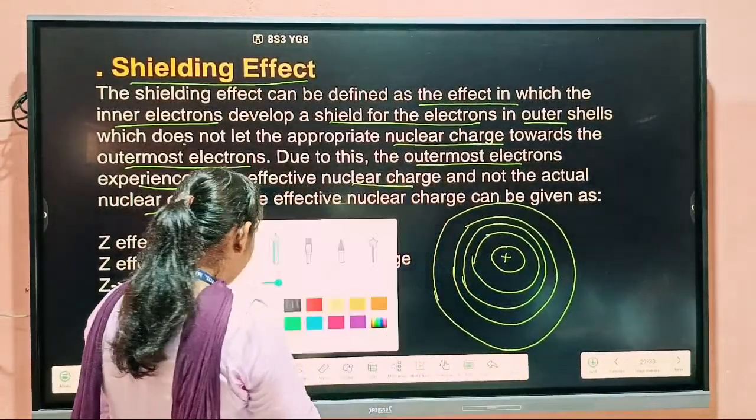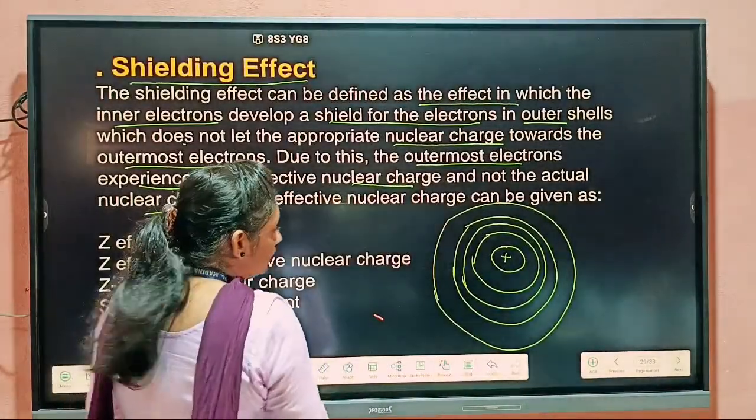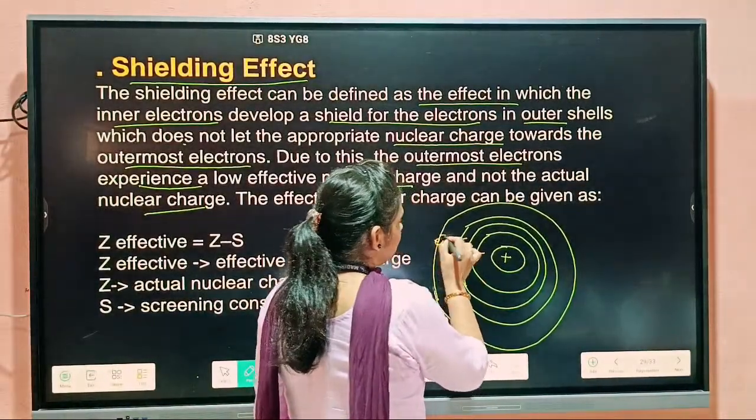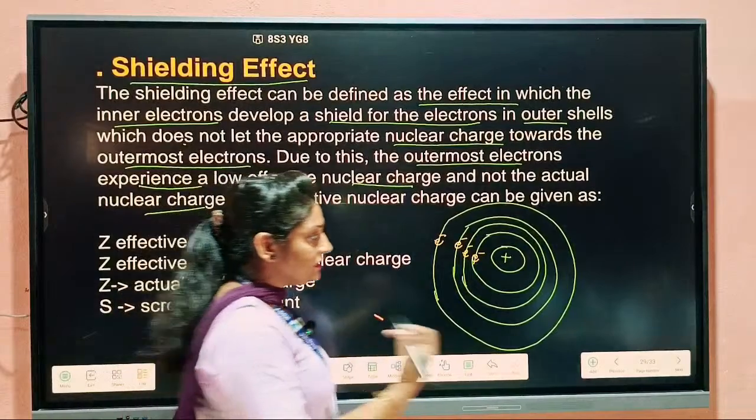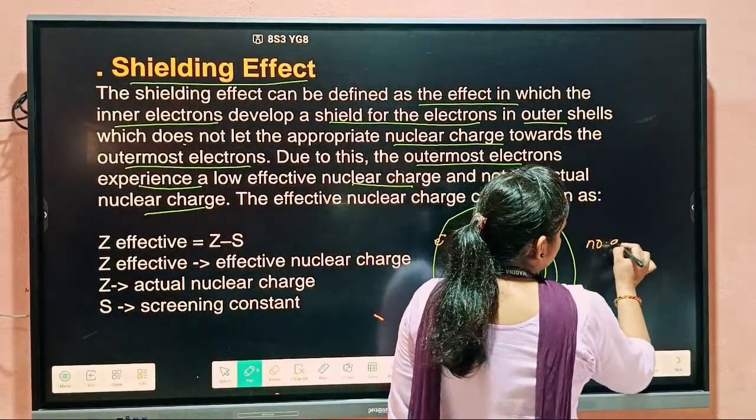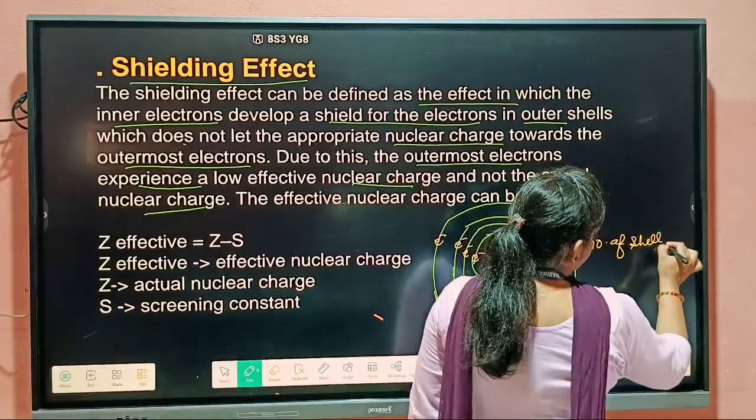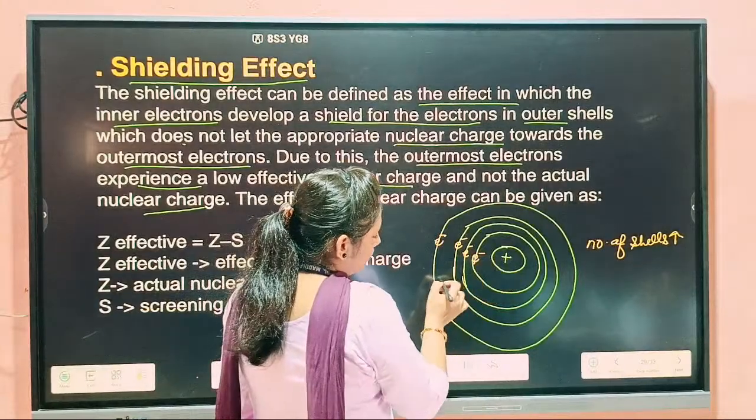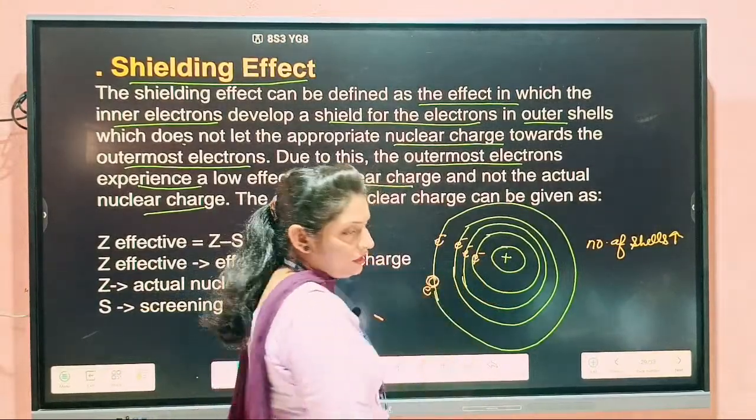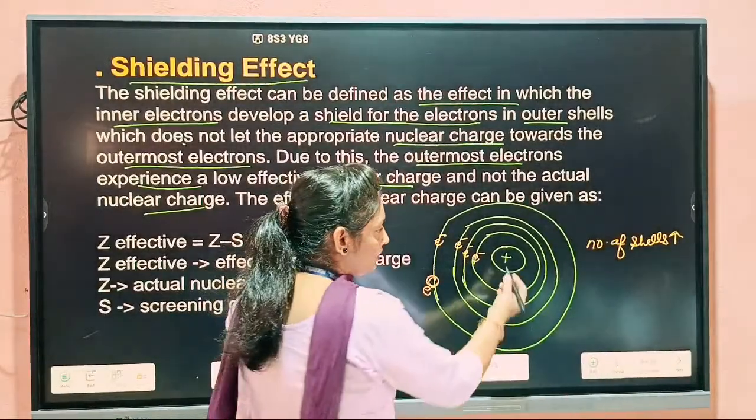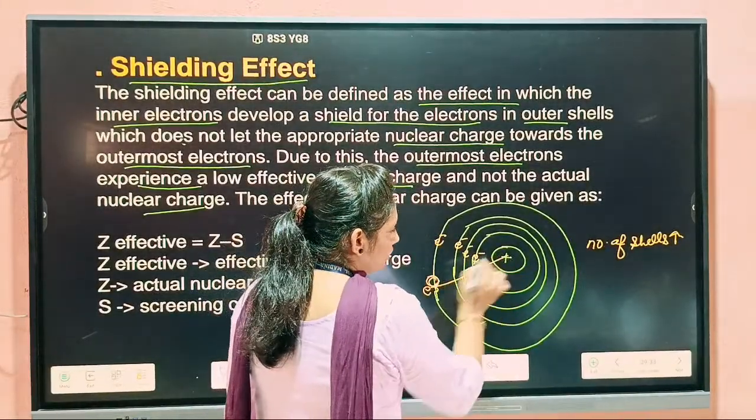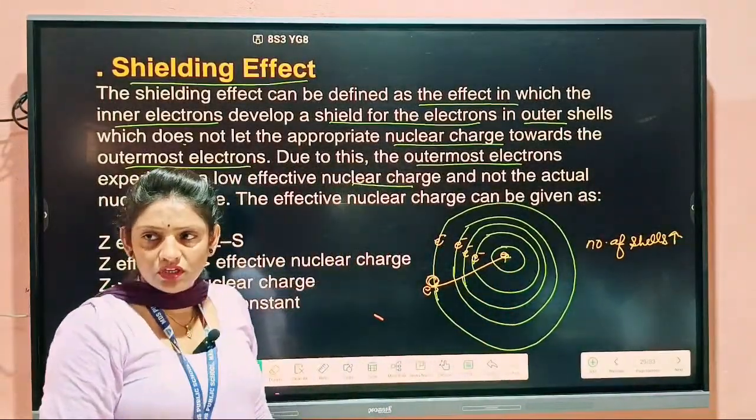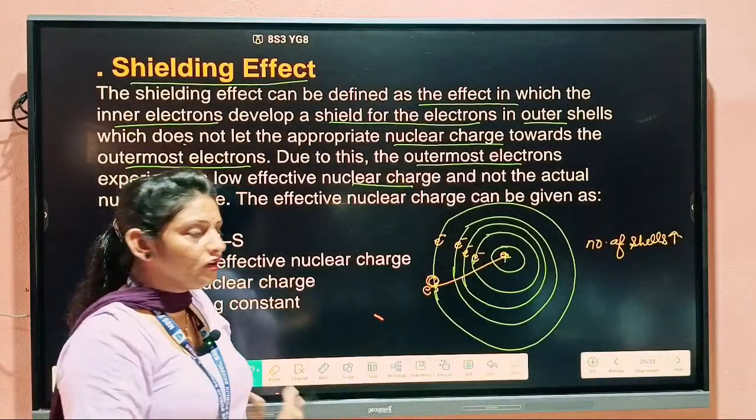So you know very well, this is the nucleus, so electrons are present in these shells. If the number of shells increases, then what will happen? The electrons present in these shells have some nuclear effect also. This nucleus has positive charge, so it is going to attract the